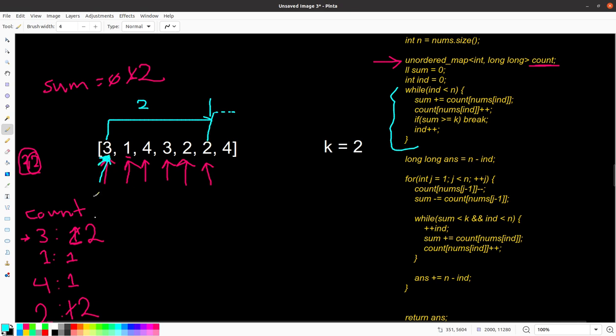So this is a valid subarray, because for sure it will have at least 2 pairs. And so we increase our answer. Imagine our answer is 0. We increase it by 2 here, which is n minus index, so this is the index, and 1 2 3 4 5 6 7 minus 0 1 2 3 4 5. So we have 2 elements here, and that means we have 2 valid subarrays,